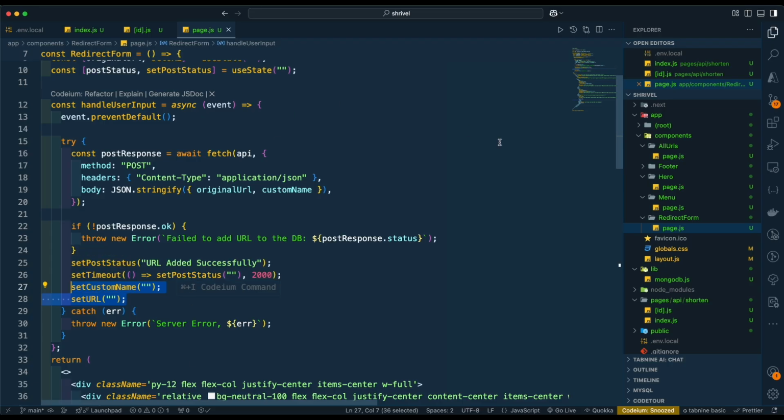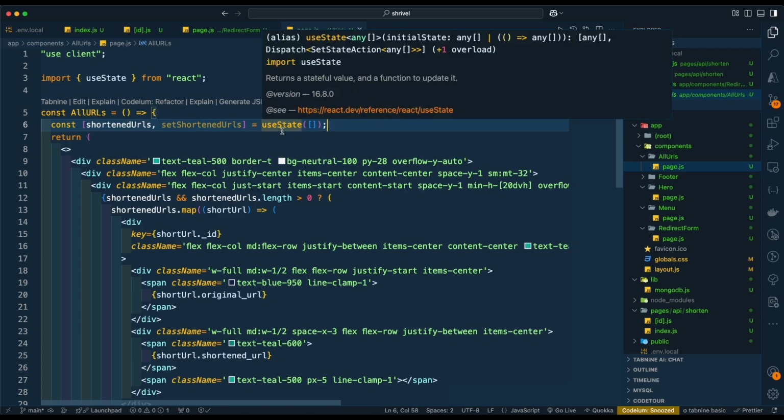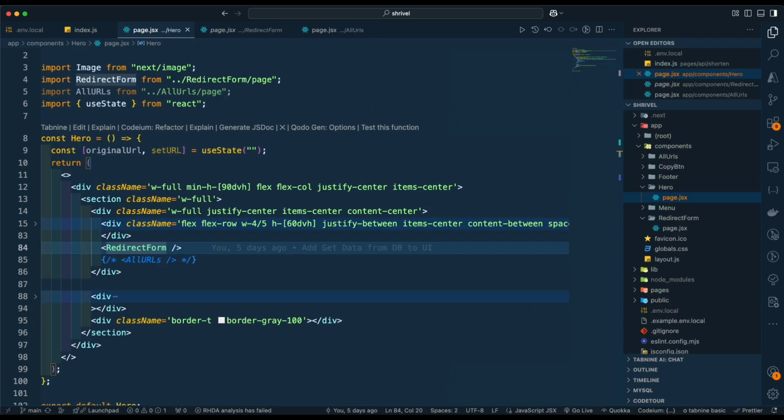Remember, we stopped somewhere because we were trying to populate data from the database, but we did not have data yet at that point. So remember here, this component that is all URLs. We created a useState that is holding all the URLs, but we do not have these URLs. So real quick, I just made a few changes to our application in order to accommodate our features,